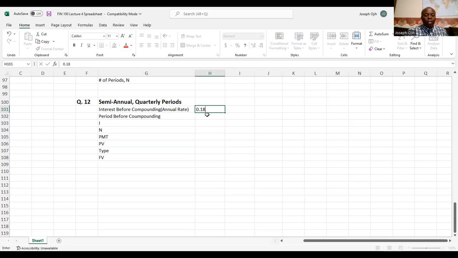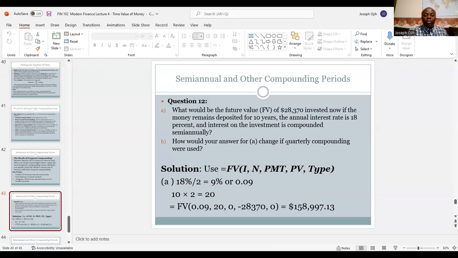And the period before compounding is 10 years. That's what it says. The one we're going to use for our calculation will be after compounding. So interest, say it is compounded. If you look at our question, it says that it is compounded